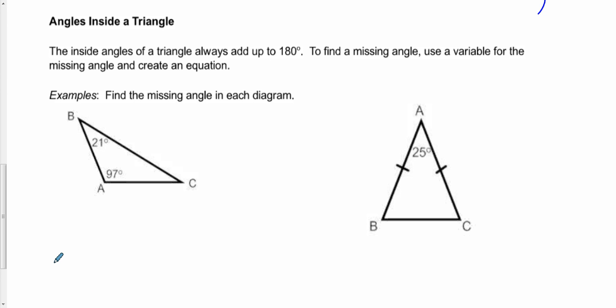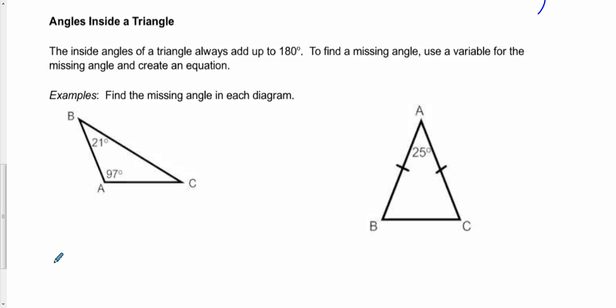We're going to take a look at angles inside of a triangle, and this is some basic geometry that is a review of grade 9 stuff, and you also would have looked at it in grade 10 a little bit. Really the key here is that the angles inside of any triangle always add up to a total of 180 degrees. So to find any missing angle, you can use a variable for the missing angle, and then you can